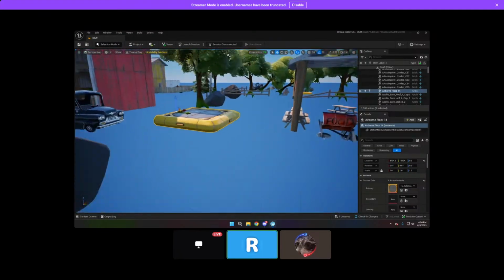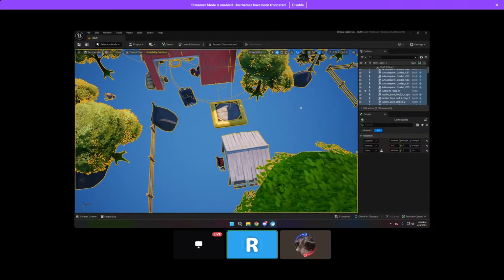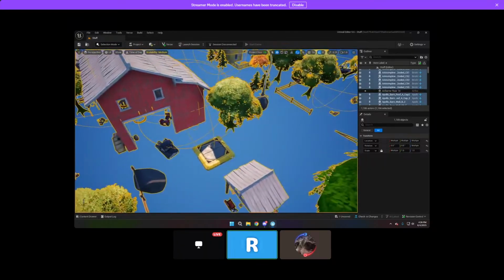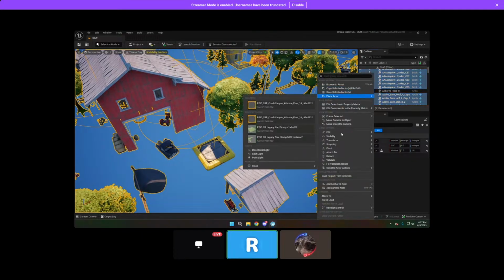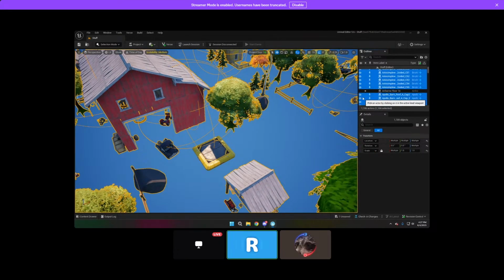And then select everything. So yeah, there you go. And deselect your floor. Control click. Yeah, you got it. And then right click on the actors that are actually selected, like those. And then attach to. And then eyedropper and pick the floor.